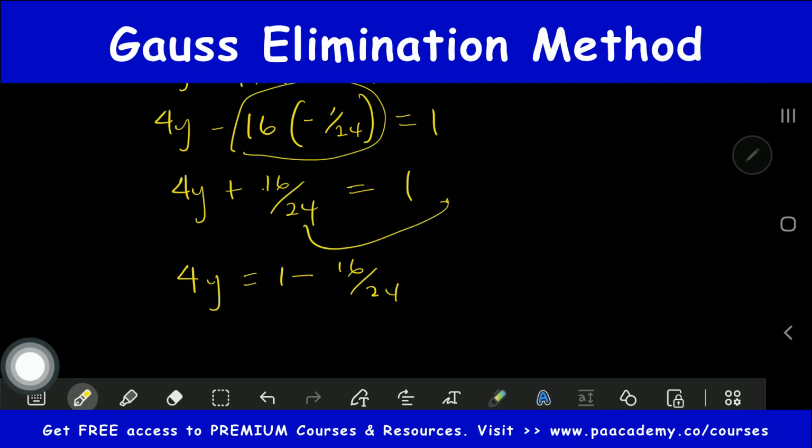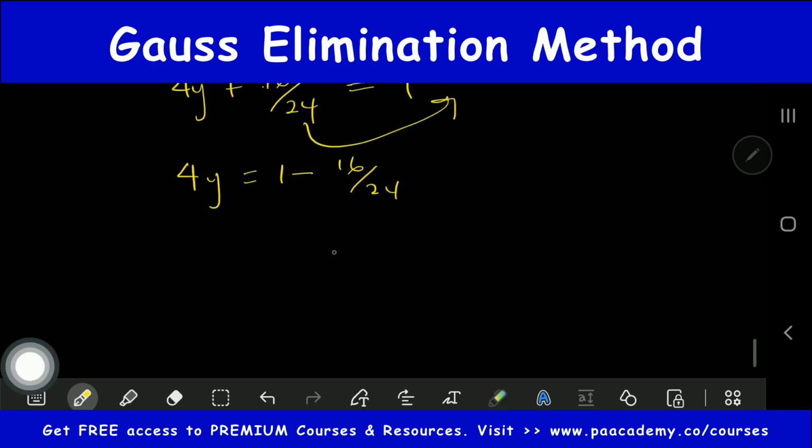So if you move this to the other side of the equals sign, this will give us 8 over 24. So now we are having it as 4y equals 8 over 24. So we can just divide both sides by 4. So that means we are going to be having our y